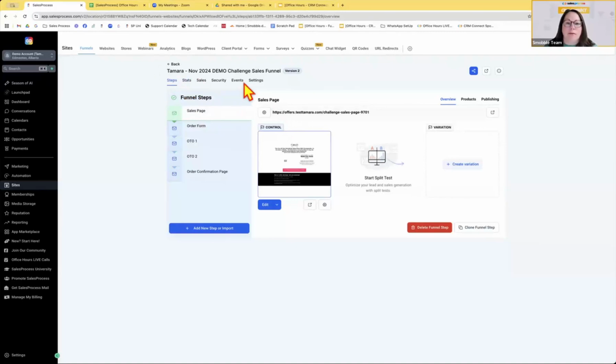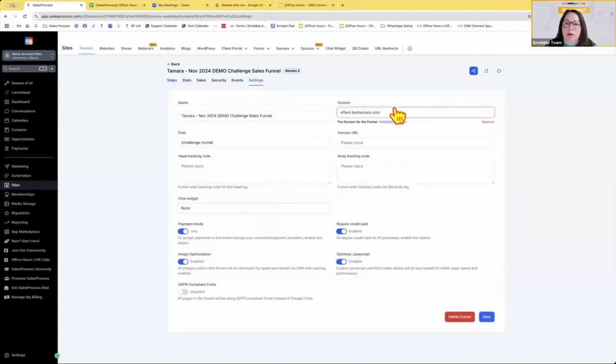So once you hook up your domain, back here you also have some toggles that you can turn on. This is for testing. So you have your payment mode, which is live. If you want, you can throw your funnel into test mode, and then you can test using a test credit